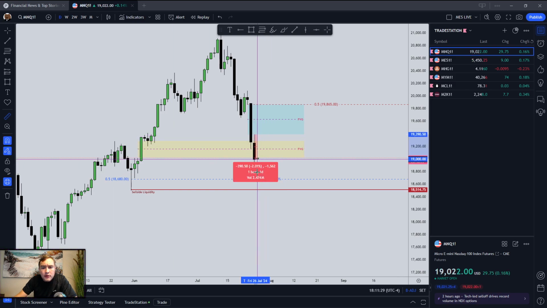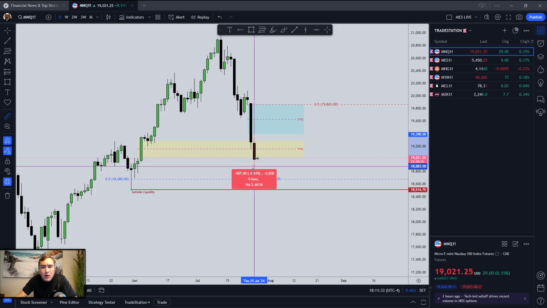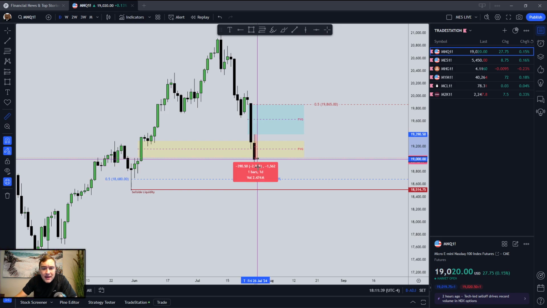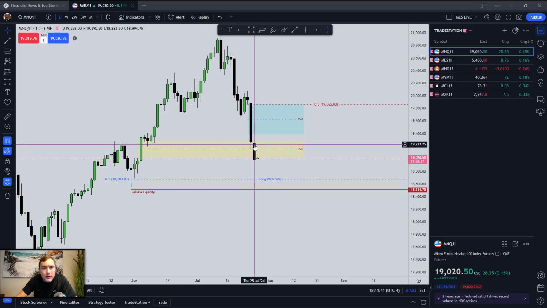We had a total range on Thursday of 390.5 points. At one point, we were down over 2.61% or 2,028 ticks, guys. The market opened up here, looking at the top left. The NASDAQ opened up at 19,258 evens, closed at 18,994 3/4. We reached a low of